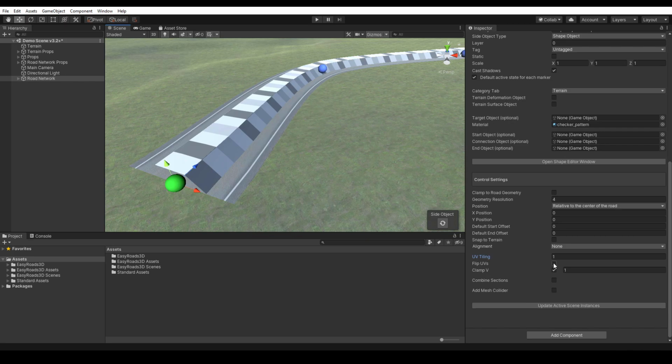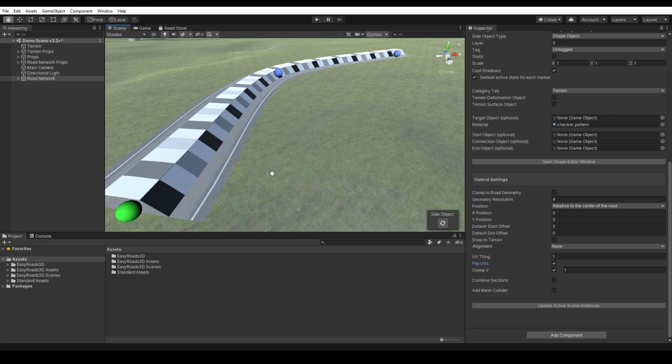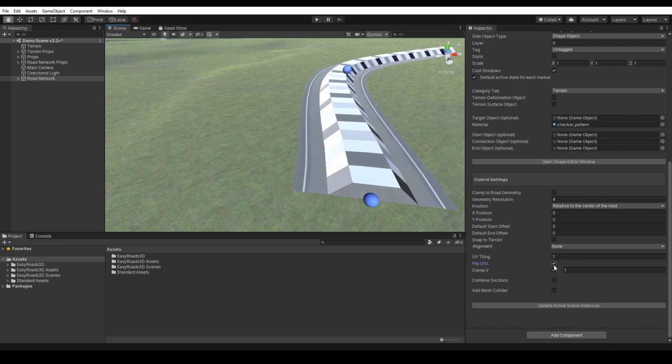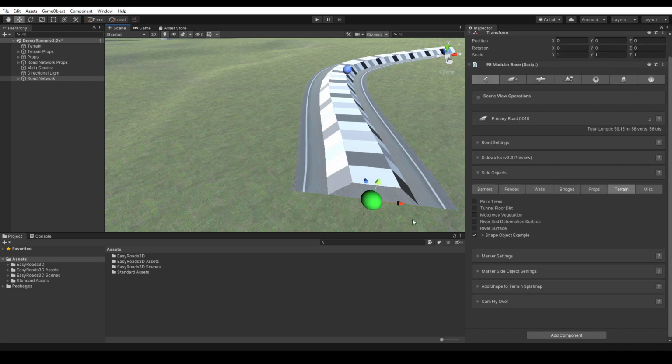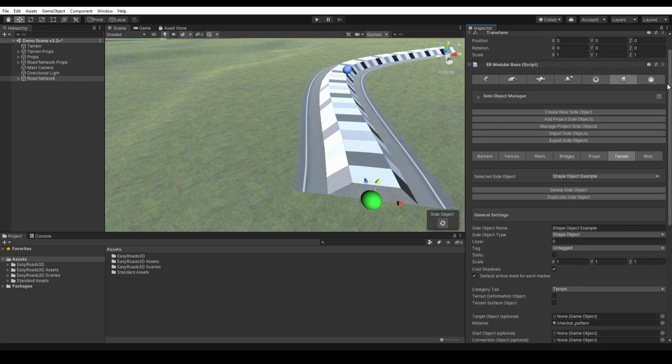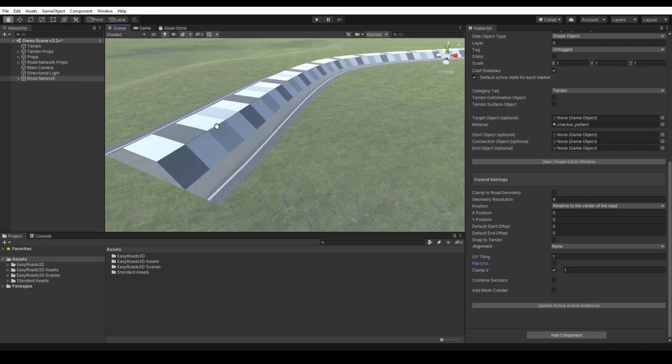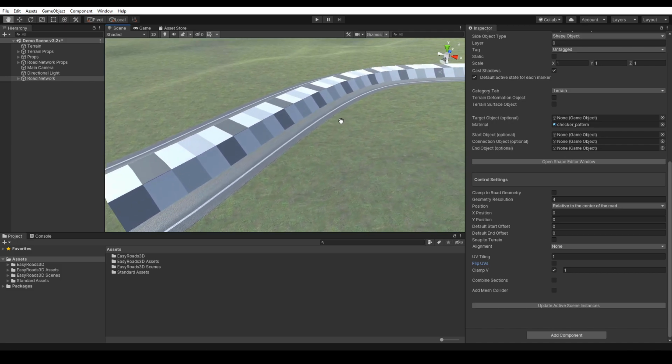Next is flip UVs. Flip UVs will flip the texture from left to right. We have to reselect the road first, so we can quickly refresh the side object. So flip UVs swaps the UVs from left to right. We can put that back and we will change the focus in the scene to the end of the road